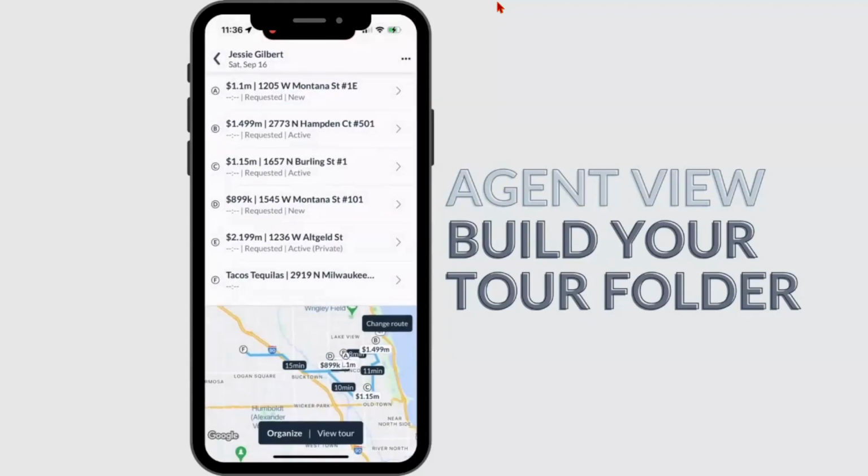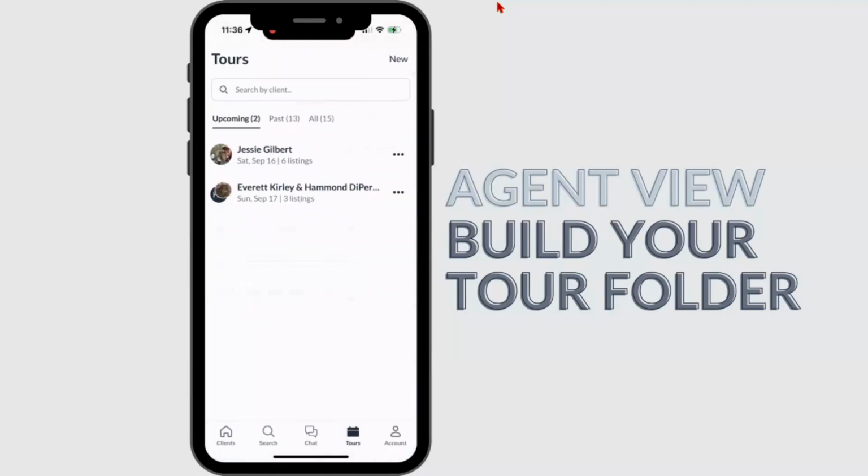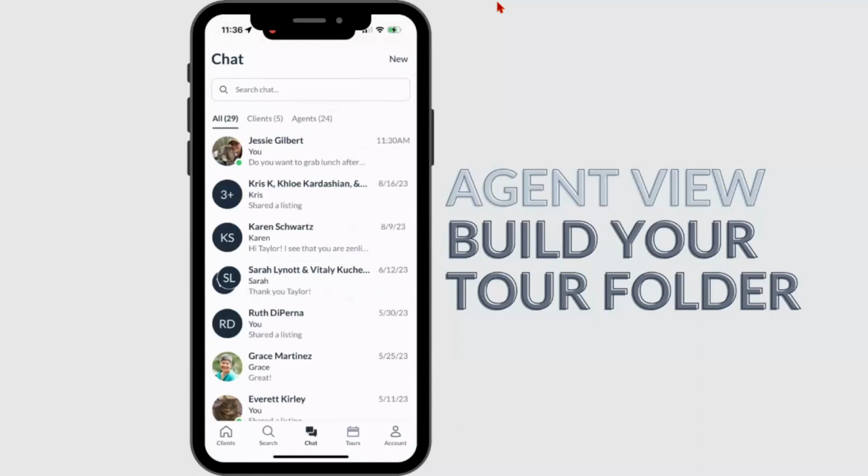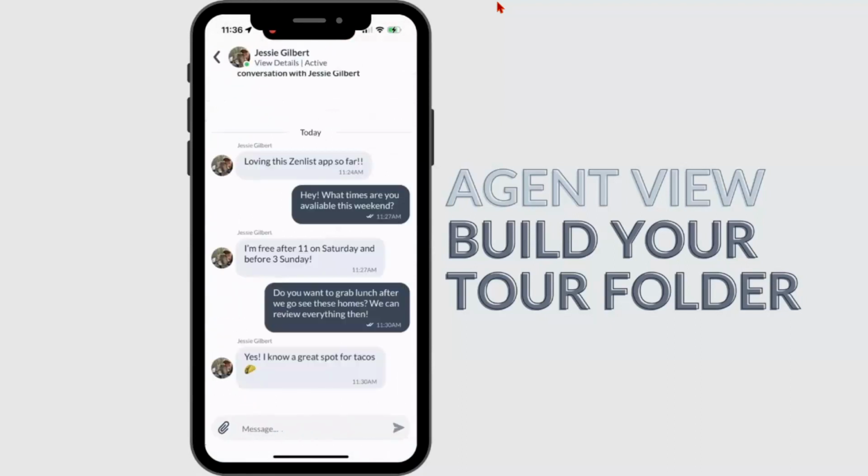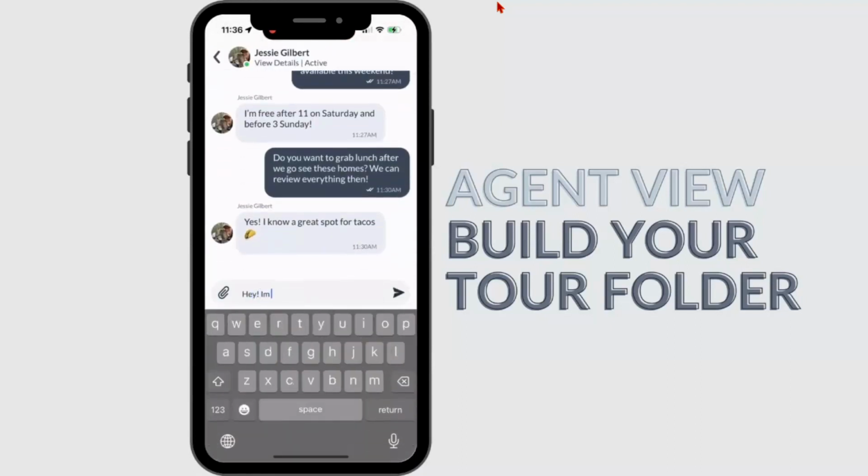For the sake of the example, we'll say that I've reached out via showing time to all of these listing agents to request a particular time for the tour. Once I create this tour though, it's shared with Jessie. So she can pull up her Zenlist app, she can see this right away. So even though I'm waiting for those agents to confirm the exact times that will go, and once I have those, I'll enter them, I'm just gonna send Jessie a chat and say, like, hey, I'm getting our tour set up